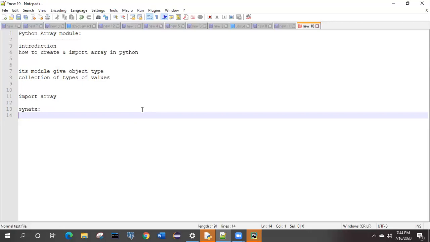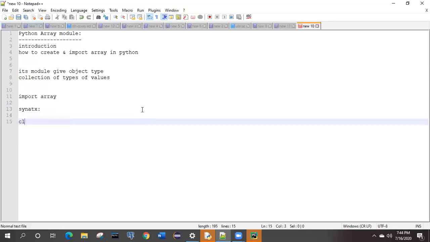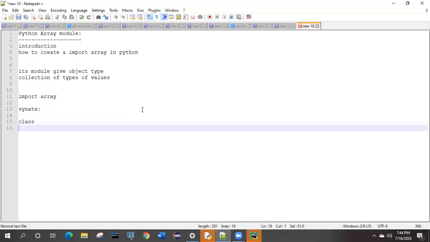If we have already imported the array, suppose you define a particular class, and inside that class you want to create the array. How will you create it? You have seen that any imported module is not called directly. It should be called with the imported module's name itself, right? So we call array.array, and inside that we need to give the conditions and other things for how it is going to be initialized. That syntax we need to provide here.